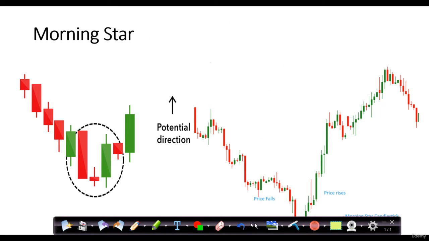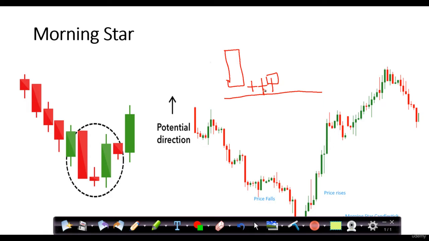See here, if you see this type of candle, then it's a morning star. Why is it a morning star? Because in the morning star you can see one red candle, a big red candle. We can say a selling candle or bearish candle. Then you can see some doji candle or spinning top or hammer, which is also fine. But the case should be that it will not break this hammer, or whatever the candle's low